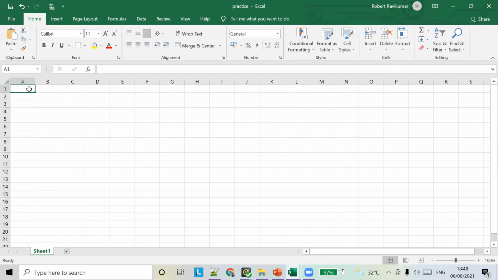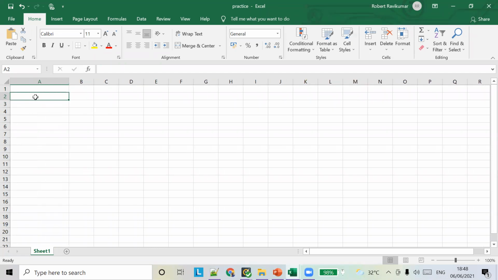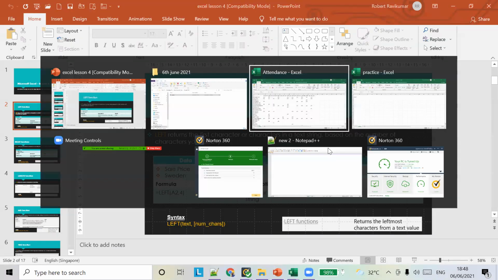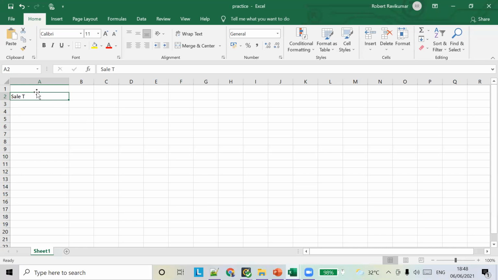So we are going to split this text, and we are going to take the left four characters alone.